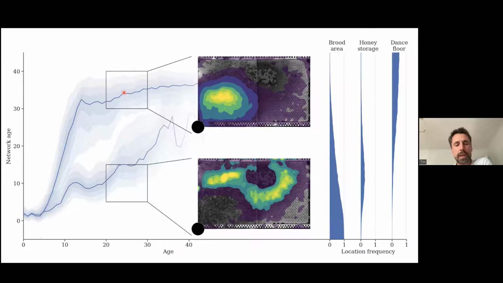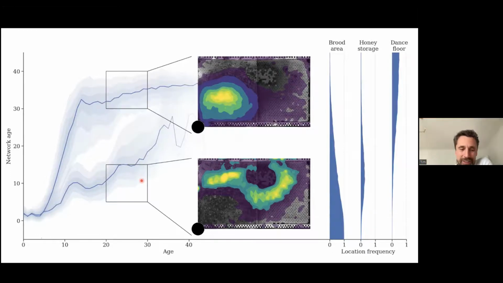Looking at the biological age bracket of, I don't know, 20 to 30, we see that there's a part of the distribution of bees that have high network age. So these are the foragers, and other bees in the same biological age bracket have not yet become foragers. And that is interesting